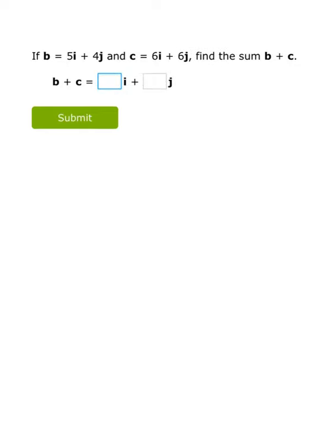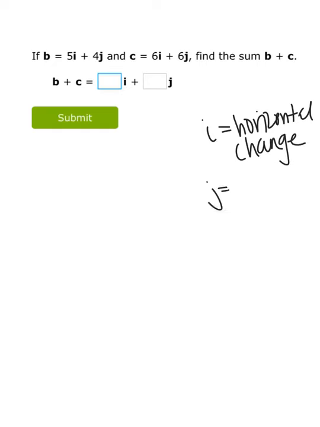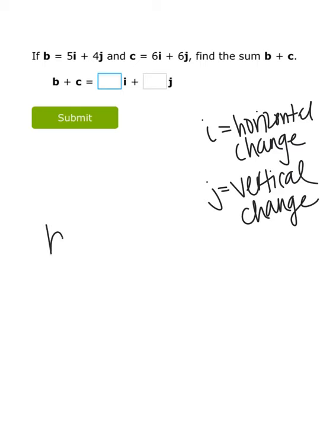Okay, here's another example without a graph. It does look a little bit more confusing because you have the I and the J. Remember that I just goes with the horizontal change. Excuse my handwriting. And J goes with the vertical change. So, same thing. We're just going to add these together. I know B